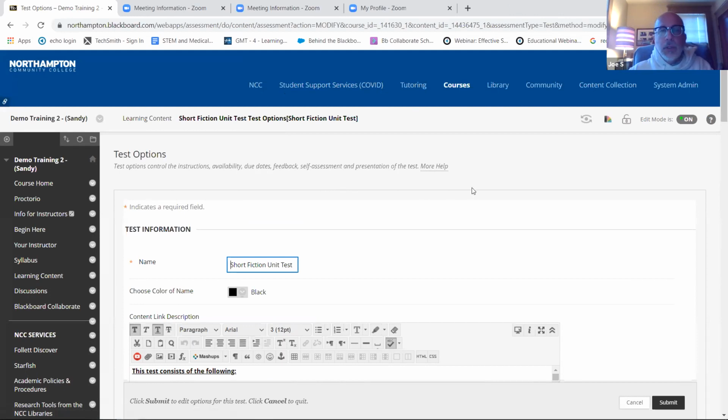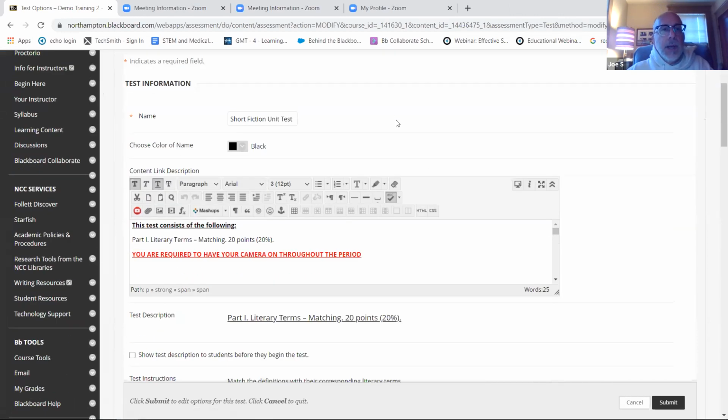So here we are looking at our test options. All right. One thing we don't want you to modify before, after, or during Proctorio settings is the name of the exam. Okay? If you want to modify the name of the exam, do so before you do anything with Proctorio.